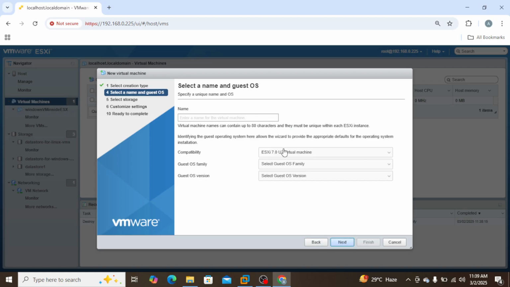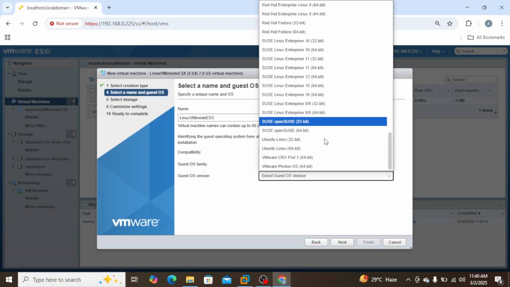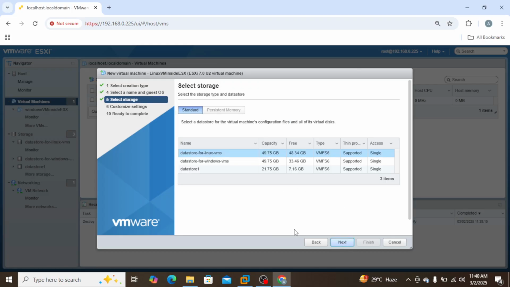So click on next here and set the name to something like Linux client, Linux inside the ESX. Okay. So let's go for Linux here, and I have an Ubuntu virtual machine. I have an image for Ubuntu, so I'm going to select Ubuntu Linux 64. Go for the next here, and the data store I'll be using is this one for Linux. Go on next,